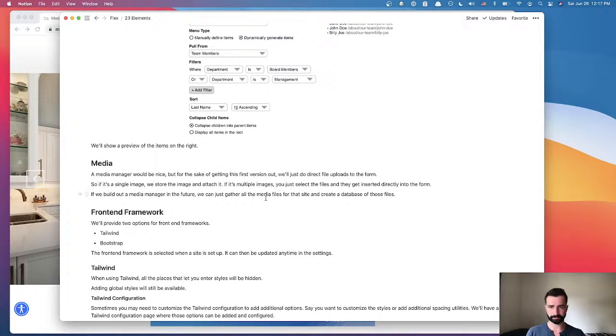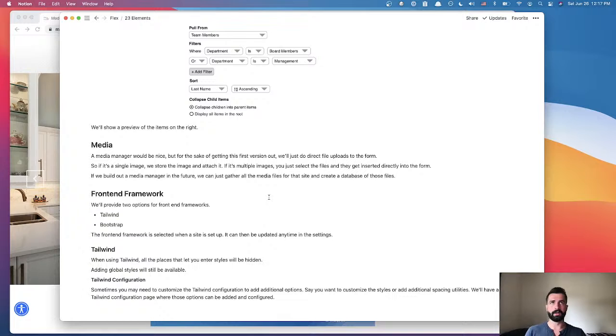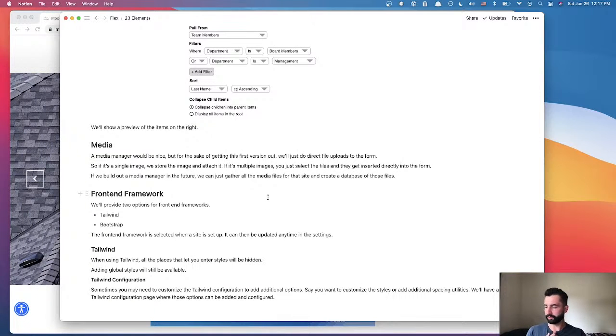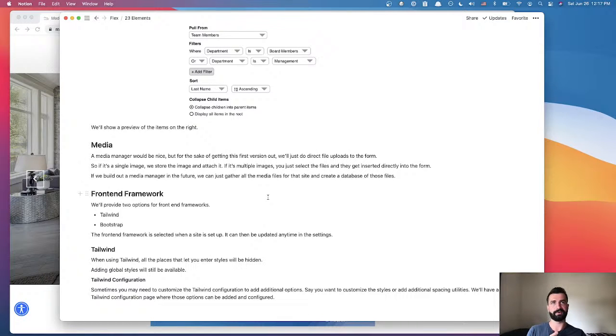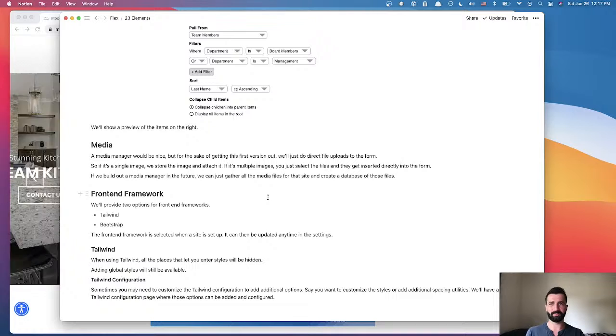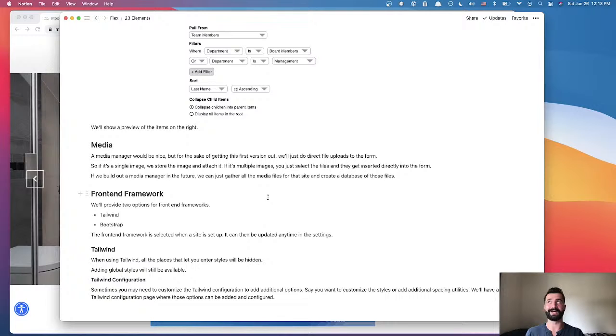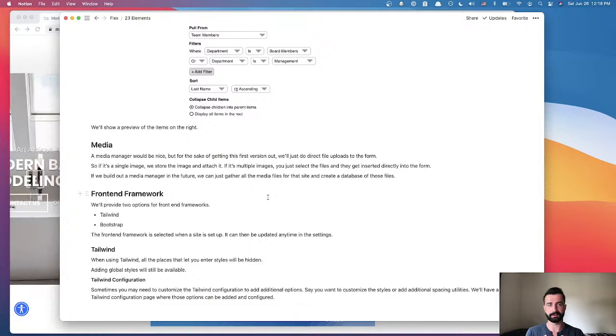So for media management, originally I was thinking to do something like a little media manager where you can upload files, upload images, manage them, and even maybe do things like crop and resize. But although that would be nice, it's actually not a very important part of the system.